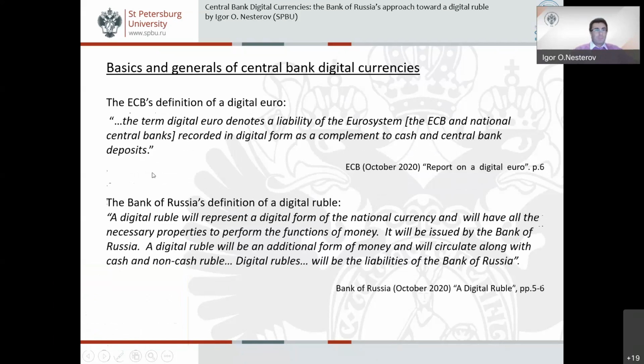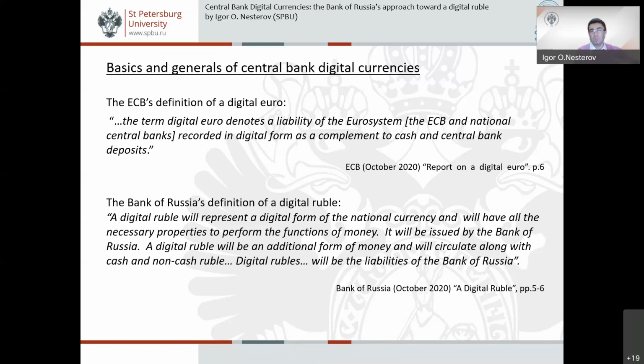The European Central Bank is quite short about the term digital euro. This term is introduced in the report on digital euro published by the European Central Bank in October 2020. The term digital euro, as you can see on your screens, denotes a liability of the European system, the ECB and national central banks, recorded in digital form